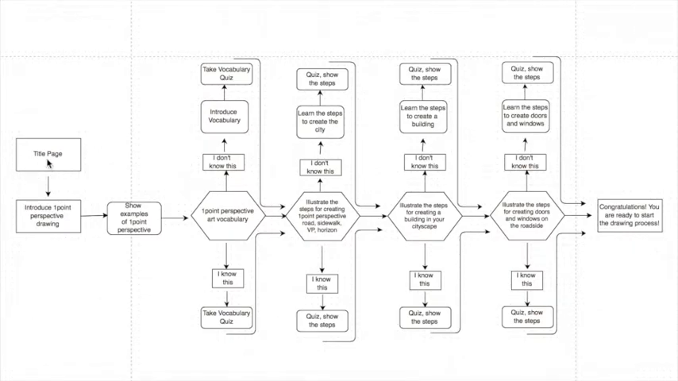Here's the flow chart for my training module about one-point perspective drawing. The first slide that you'll see is the title page. Then I will move down to Introduce One-Point Perspective Drawing, and from there the learner will see examples of what